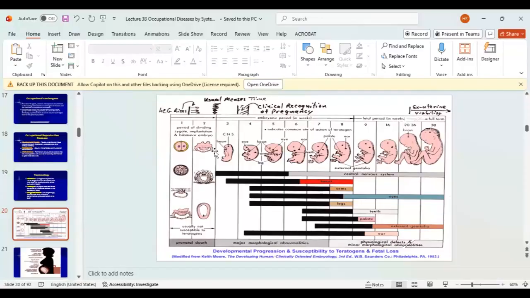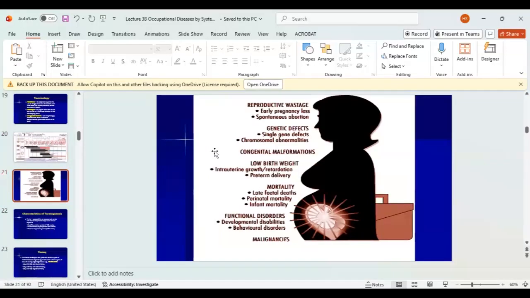And you will know that different organ systems develop at different times. And so depending on when the mother, for example, may be exposed, you may have different teratogenic effects and all of that. So these are some of the problems that can result from maternal exposure to chemicals at work,